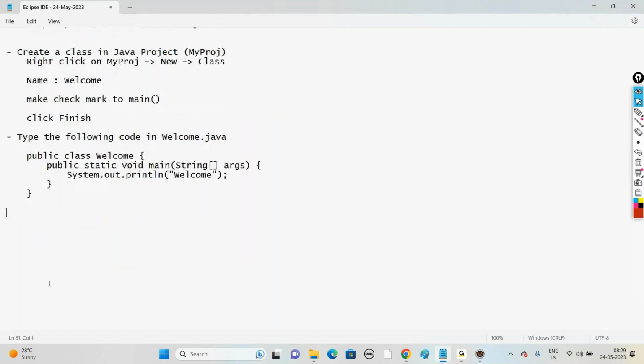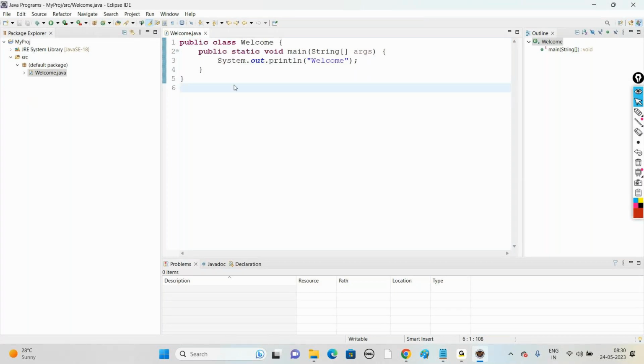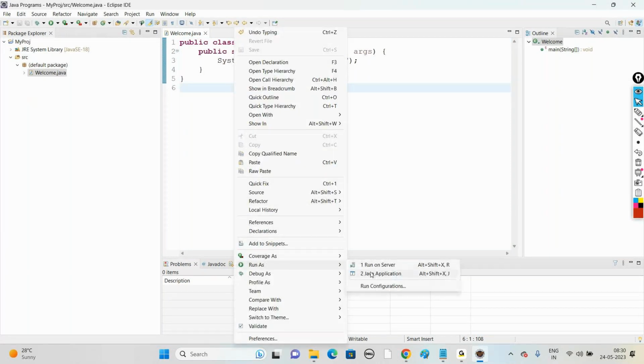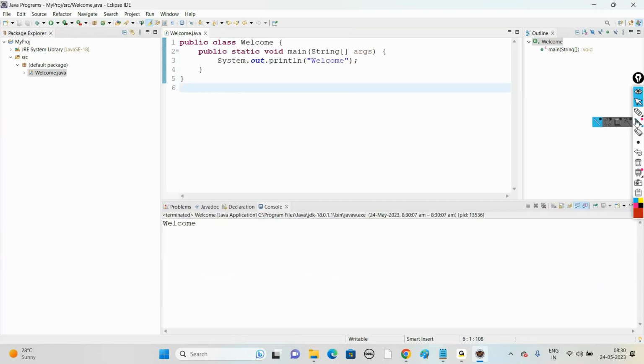The final step, run the application Welcome.java. How to run is just right click here and say Run As Java Application, which opens the console and displays the message Welcome. So this is our output. We can even run in one more way: in the menu, go to Run